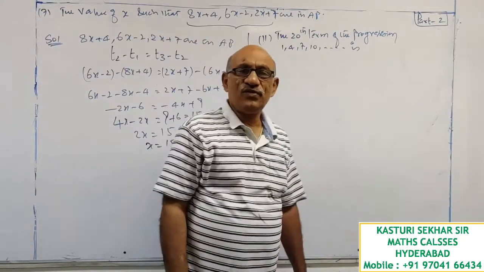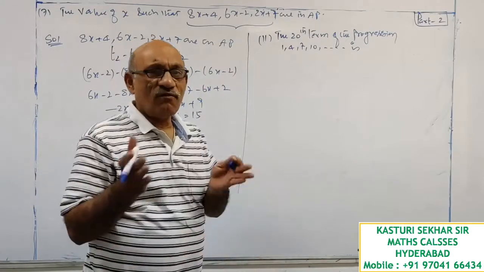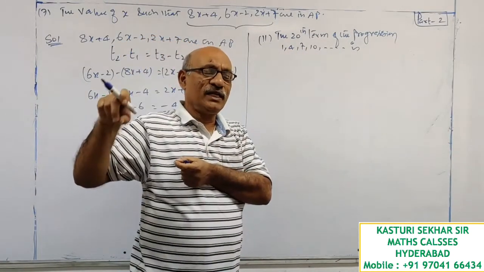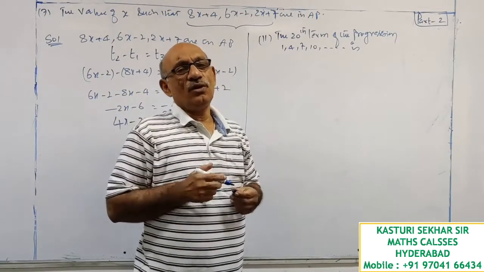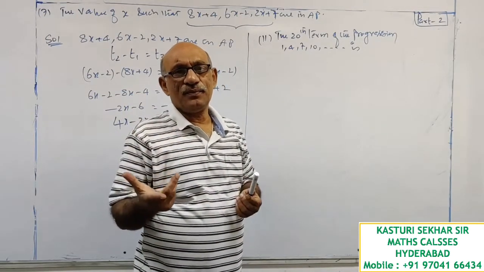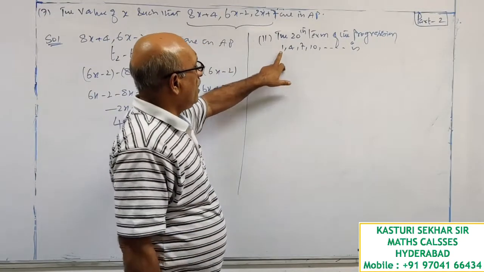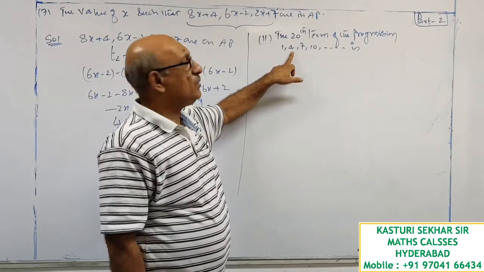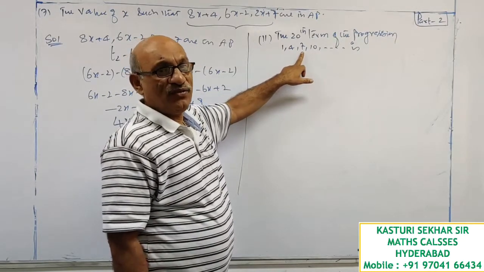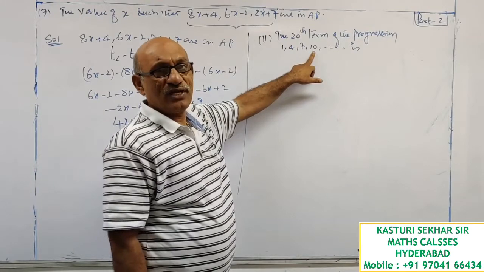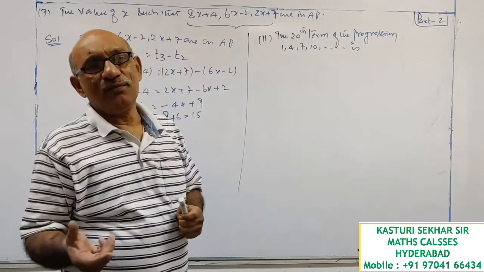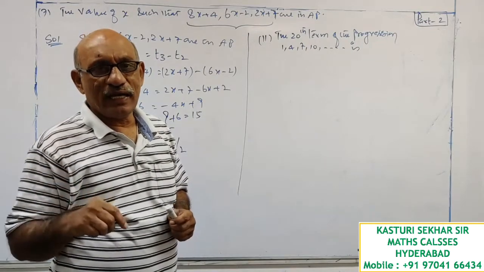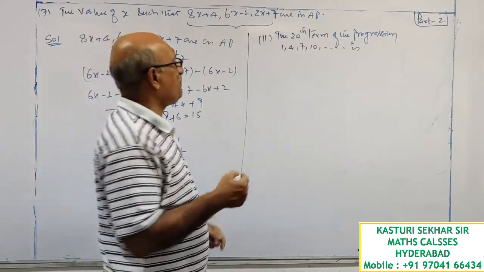Look at this, a sequence is given and you have to find out the value of a term. Its order is given. At the 20th place, the term value is how much? Again I am repeating this point. First place term value is 1. Second place term value is 4. Third place term value is 7. Fourth place term value is 10. In the same manner, there is a value at the 20th place also. What should be the value of that particular term is required here.